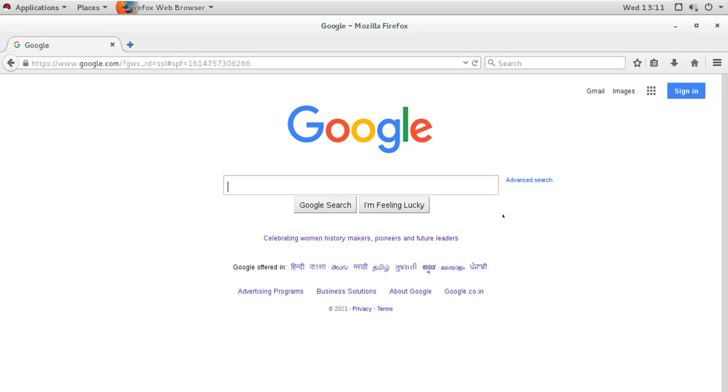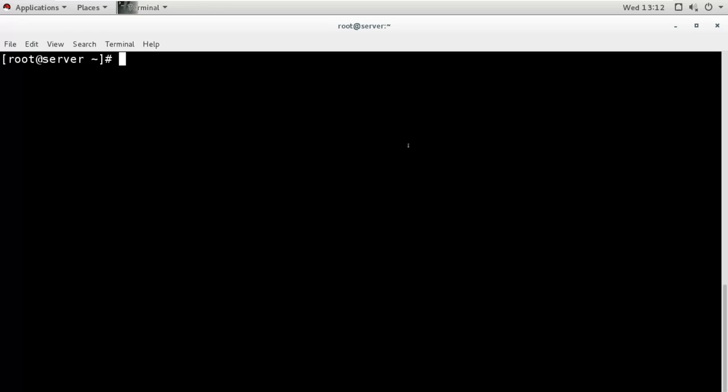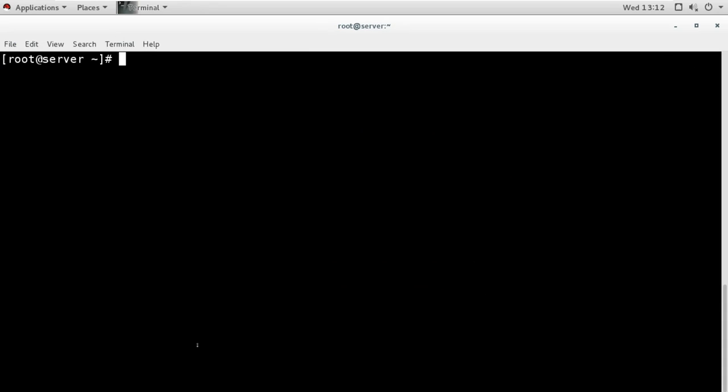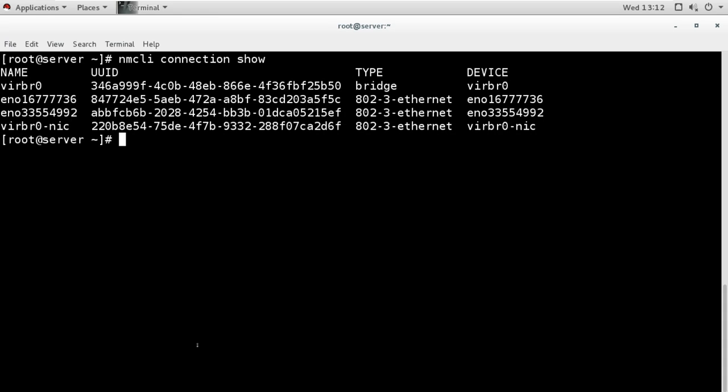This is the server, and it can connect to the internet. So from the server we can connect to the internet. If you see, this server has two interfaces. From this interface local machines are connected, and from this interface the internet is connected.